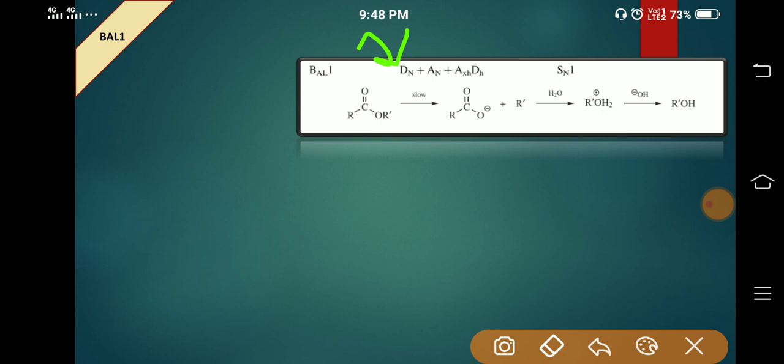So, first step is dissociation of nucleophile, as here carboxylate ion can also act as a nucleophile, right. Therefore, it can be cleaved because the negative charge on the oxygen can be stabilized by the resonating structure, okay, and here is the generation of alkyl carbocation, that can be attacked by the nucleophile, that is a water